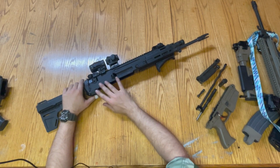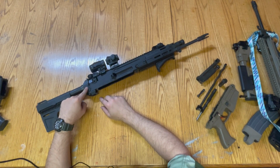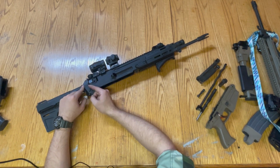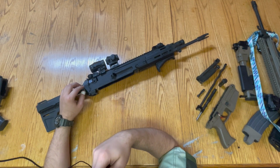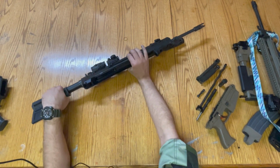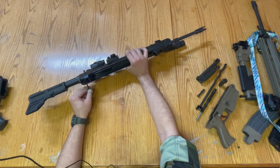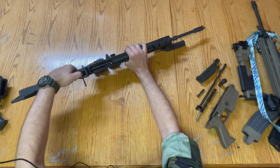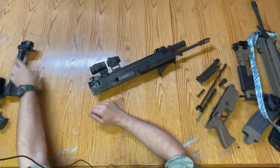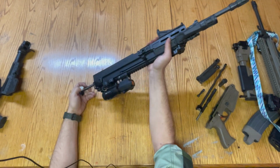Now here's a difference between the pistol brace and the normal stock. On the normal stock, it just has a latch inside that you would swing the stock over a little bit, open it up, and there's a latch inside that's concealed by the stock. You press that latch and the whole thing slides right off. However, on the pistol brace, there's this latch on the underside that's held in place by this captive pin, so you just push the pin through, hit that thumb latch, and then the pistol brace adapter is allowed to slide off. Set that to the side, and then with that removed, we can take